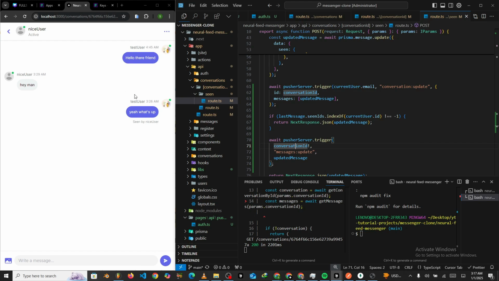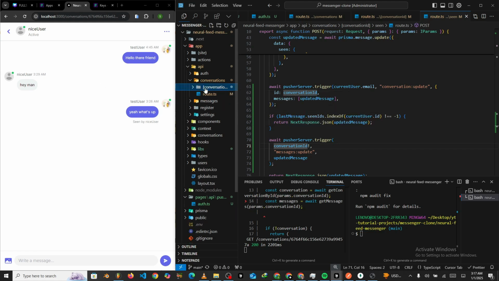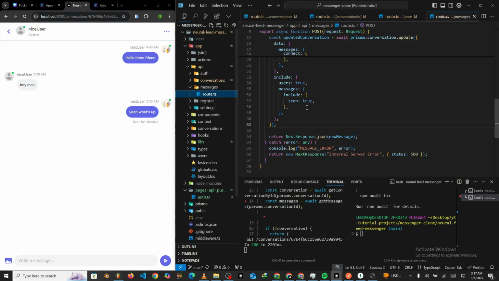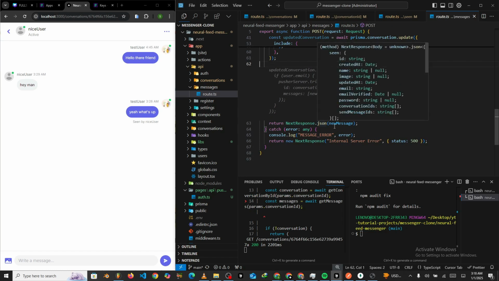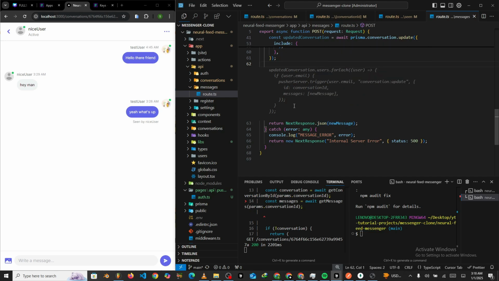So right after doing that, we want to quickly go into the messages, right? So let's quickly close or collapse the conversations, then we'll go into the messages and then the route.ts inside the messages. Now for this, we want to make sure that when we send a message, we can see the message appear here in real time. So when you send a new message, you want to see it appear, right? So in order for us to be able to work on that, let's quickly come to the very last end here. So in between this one and this return next response.json new message here, so in between that, we just